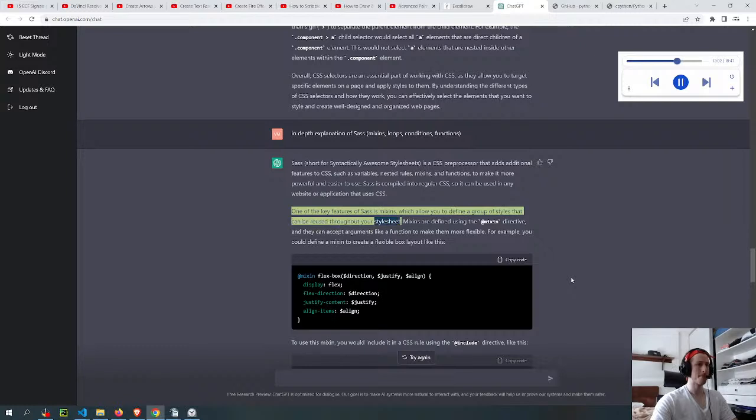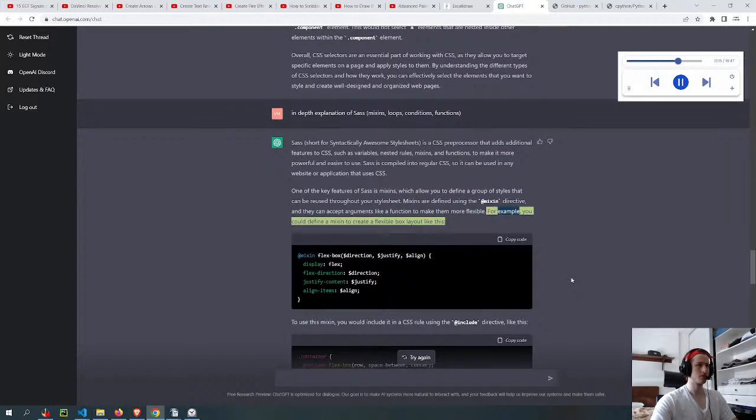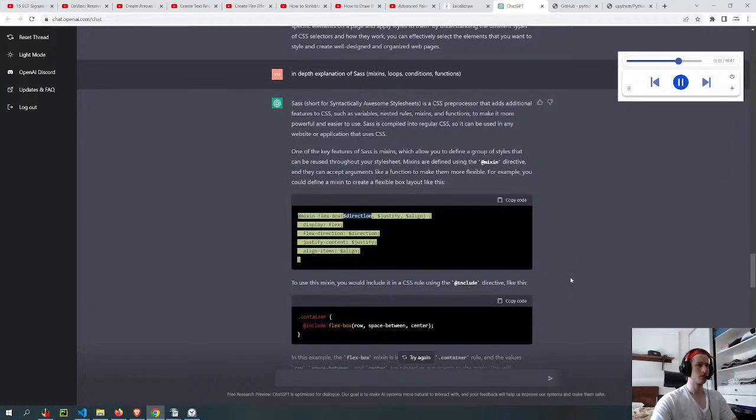One of the key features of SASS is mixins, which allow you to define a group of styles that can be reused throughout your style sheet. Mixins are defined using the @mixin directive, and they can accept arguments like a function to make them more flexible. For example, you could define a mixin to create a flexible box layout like this. @mixin flexbox($direction, $justify, $align) { display: flex; flex-direction: $direction; justify-content: $justify; align-items: $align; }